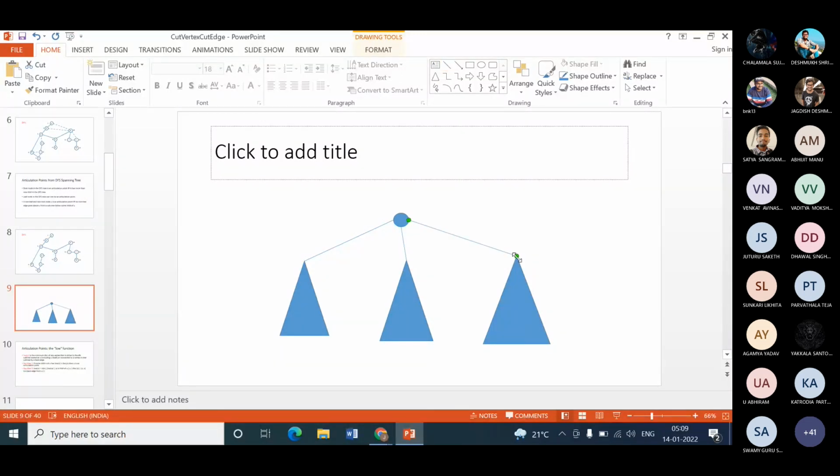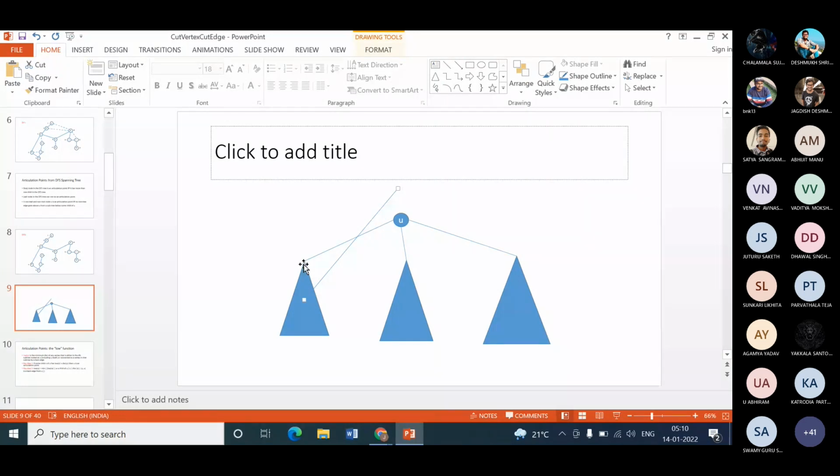तो ये मेरा DFS ट्री है. ठीक है. तो अभी मैं बता रहा हूं कि ये U is an articulation point if there is no back edge from here which goes above U. Goes above U means DFS tree में